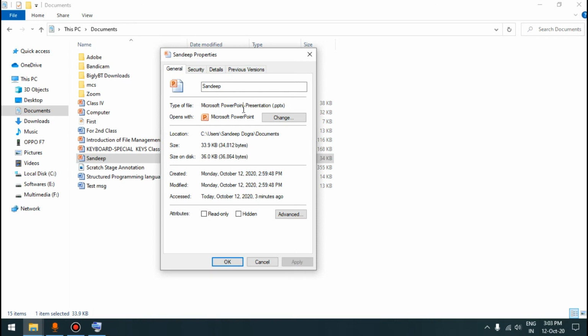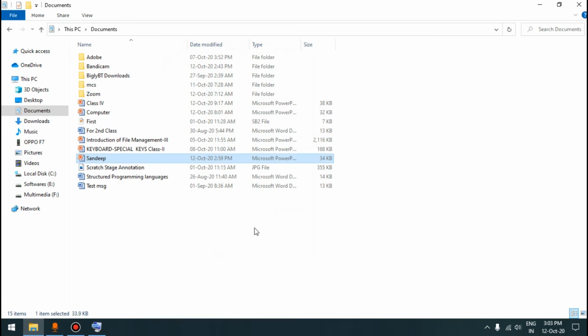Each file in a computer has an extension, and the computer comes to know what type of file it is. You can see in front of it is mentioned type of file. So how does the computer come to know what type of file it is? From its extension. Every file has an extension, and the PowerPoint or presentation file has the extension .pptx. So I will click on this cancel button for the time being, and this covers the 3 topics: creating a new presentation, adding text into a placeholder, and saving a presentation.